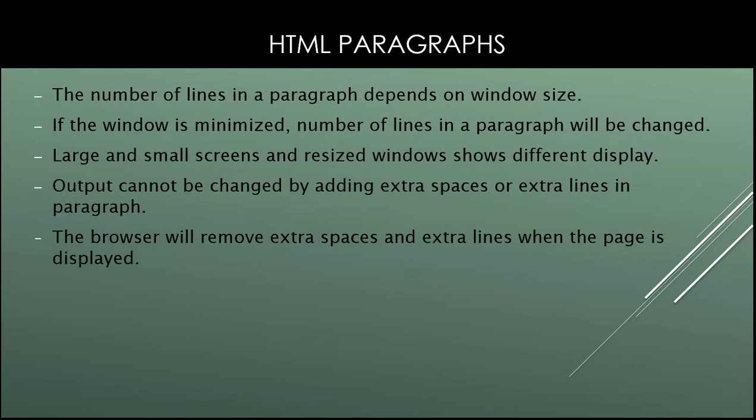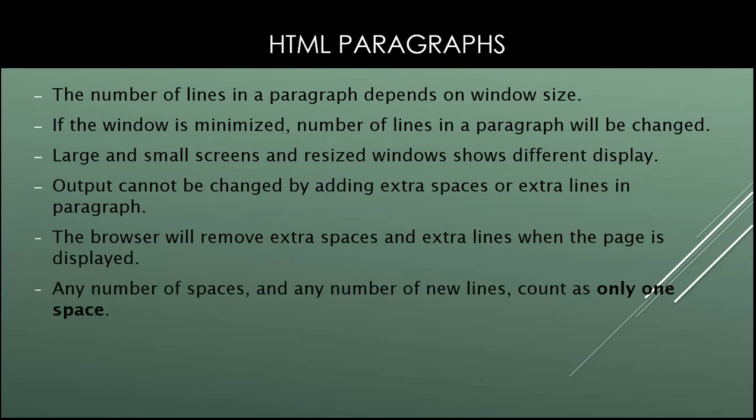When we write any paragraph, if we add any extra lines or extra spaces, and that paragraph is shown on the web page, then the browser will automatically delete all the empty spaces and extra lines. Even if you add one extra line, it will be treated as just a single space. Even if you add 2 to 3 empty spaces in between words, or 2 to 3 lines in between statements, every extra space and every extra line will be treated as just one single space only. So these are the basic properties for paragraphs.